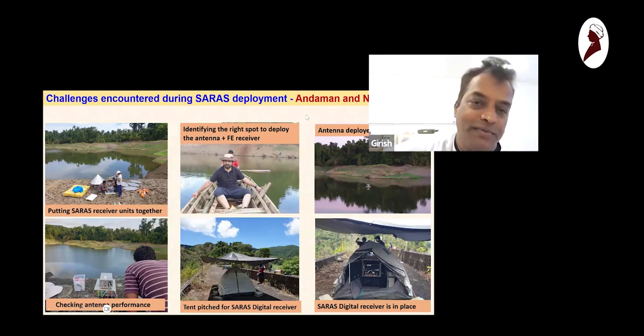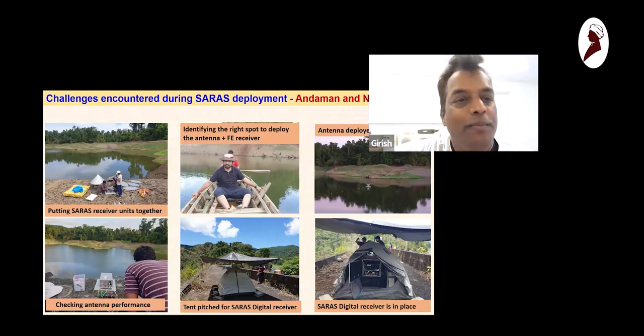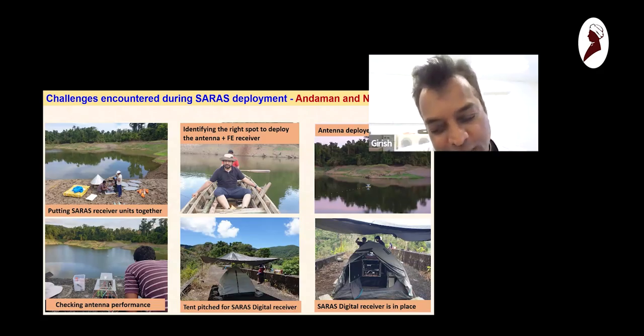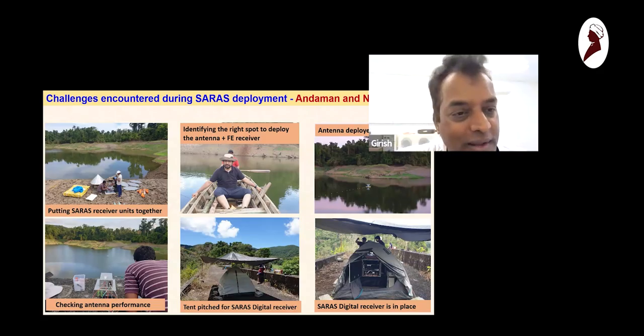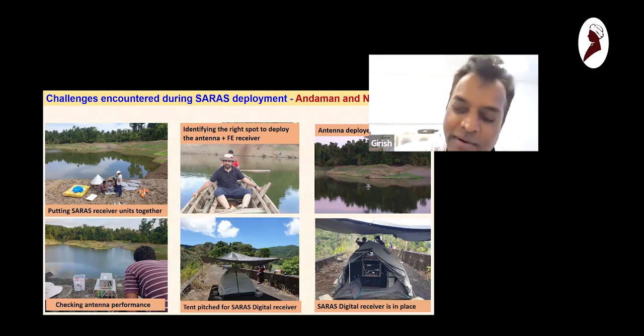So I'll now let you know some of the challenges that we encounter wherever we go. Not that you don't have challenges when you go to a place called Andaman or Ladakh. So typically the SARAS low band receiver, that is 40 to 100 megahertz, is deployed on antennas, and the analog receiver is put in a raft, and then the raft is deployed on water, from the picture that you see on top right. And then analog signals are transported over fiber, RF over fiber, and then